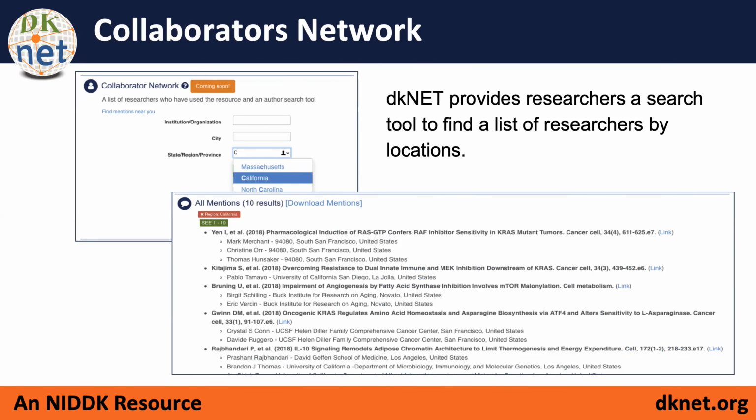For the Collaborators Network, once we have the ability to see which publications they're in, PubMed also provides some of the location information, the affiliation information for researchers, and then we're able to use that information and geocode it so that we can actually do searches around institutions and locations, so that you can find a list of researchers that have used a specific resource around your location. And so in this case, we're looking sort of statewide, so California,